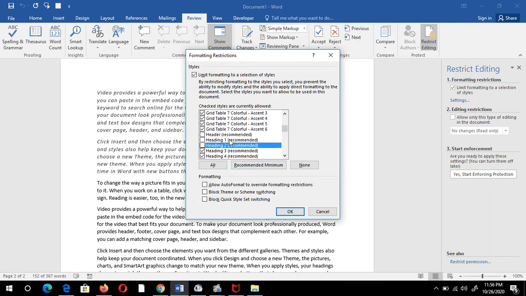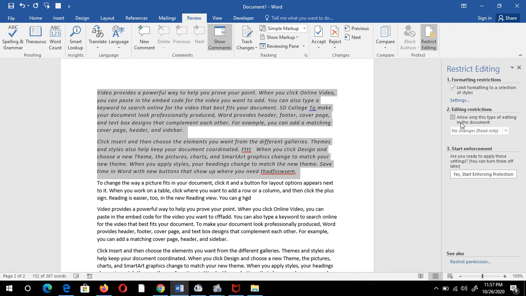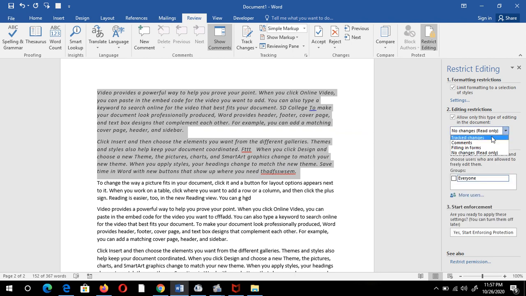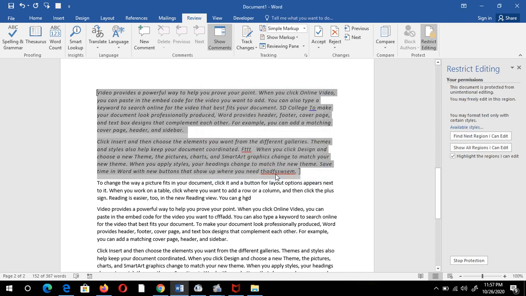In the restriction, in the style group, I deselect these options and click OK. And I have to click No. Now I select it. I want read only, or you can select the option Comments, and I want it for everyone. Click this option, give the password 345345. You can type any password.